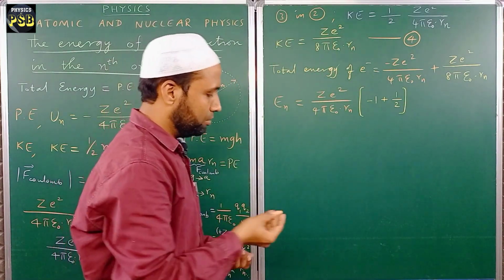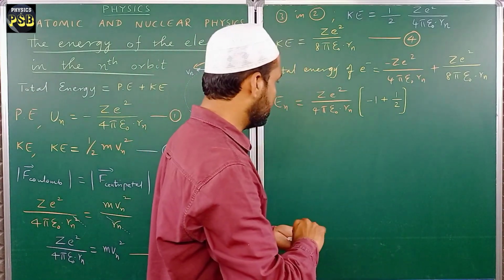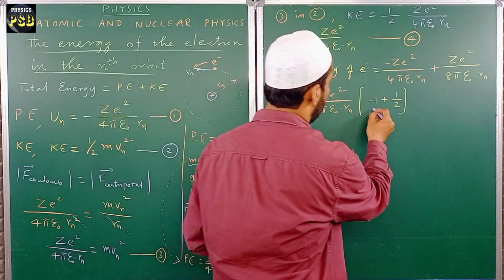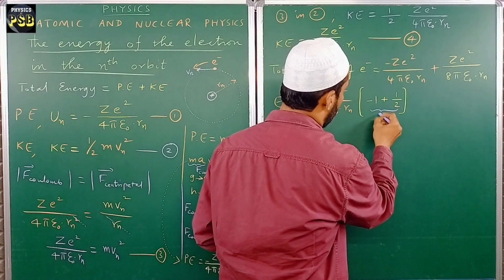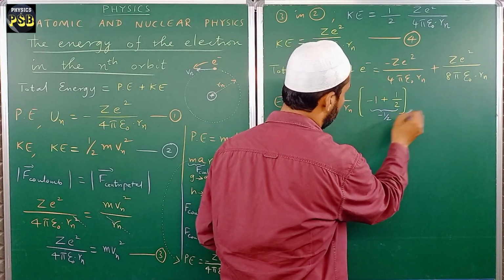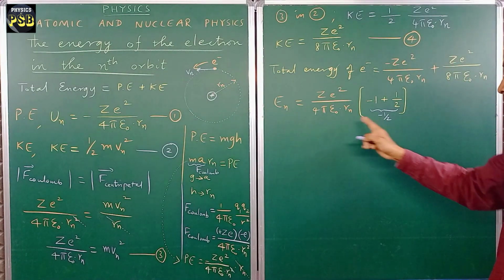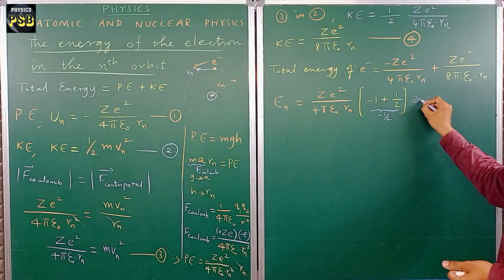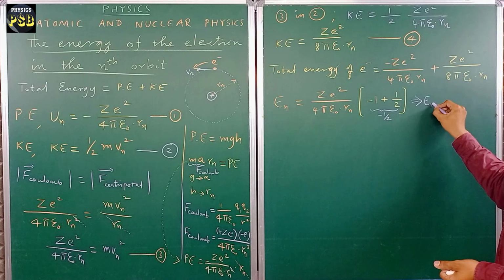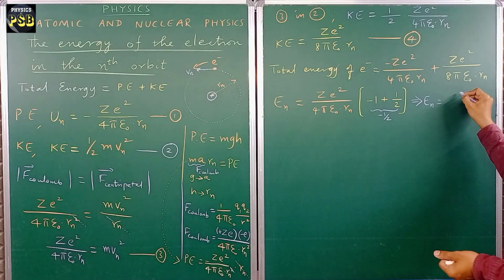I hope it is understandable. Okay. Next, if you subtract these two, what you obtain is nothing but minus a half. So minus half is multiplied with this, and we obtain the En value as